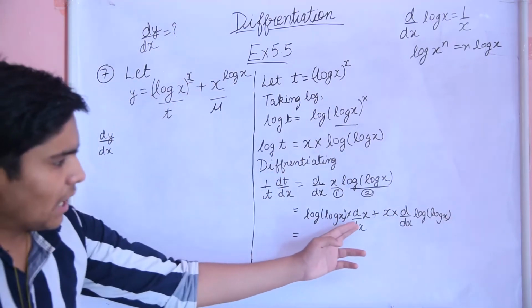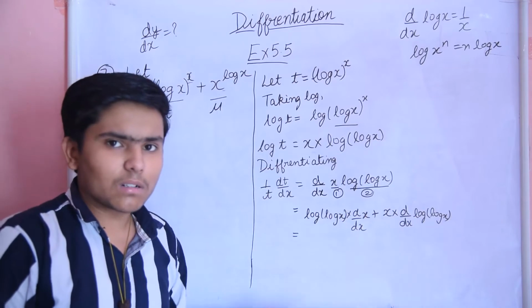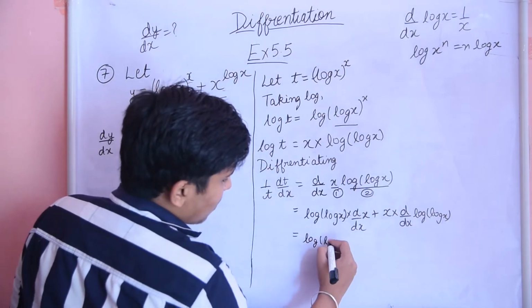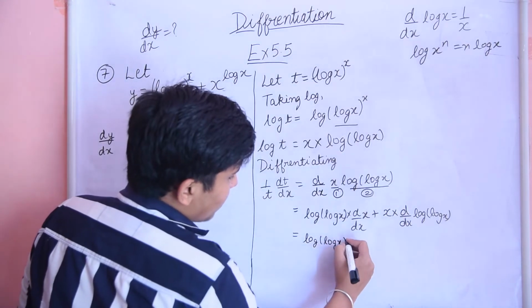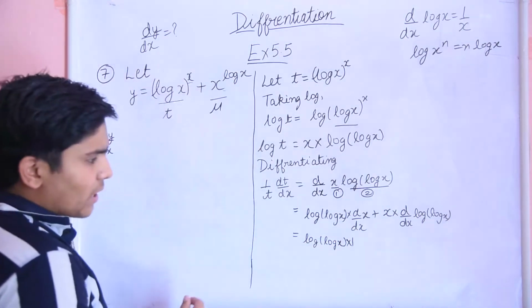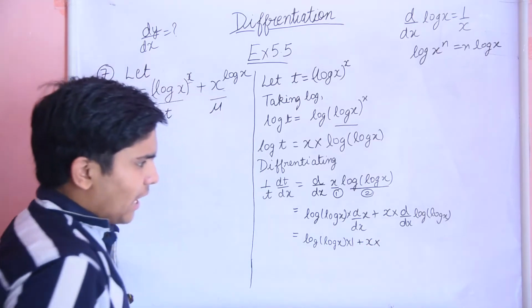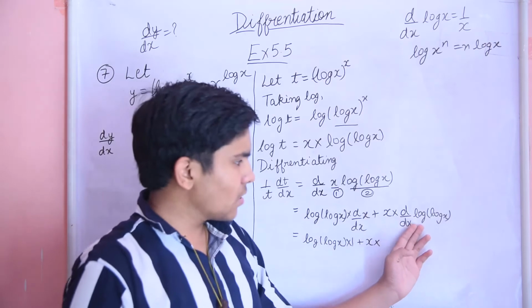Differentiation of x with respect to x is always 1, so we have log(log x) into 1 plus x into